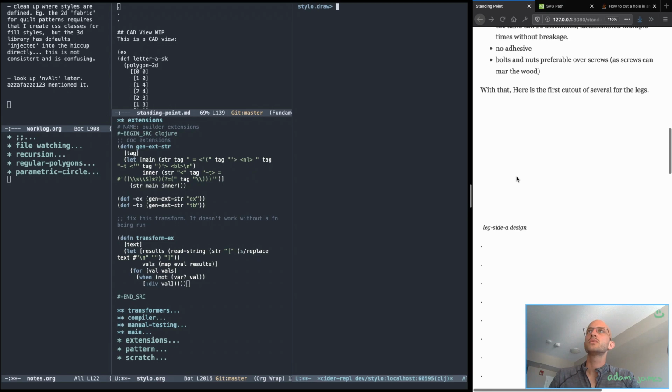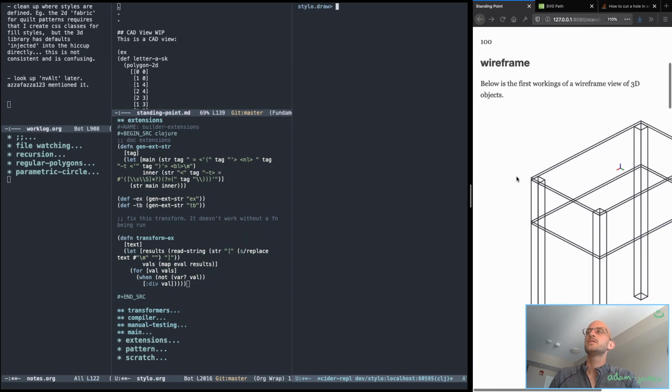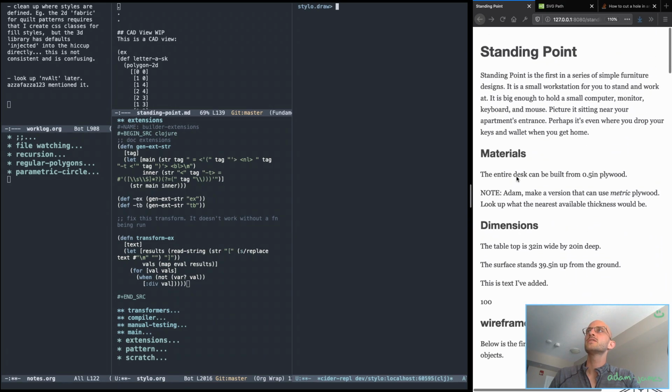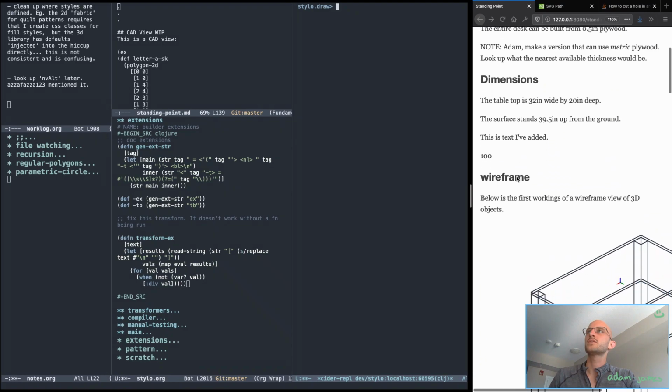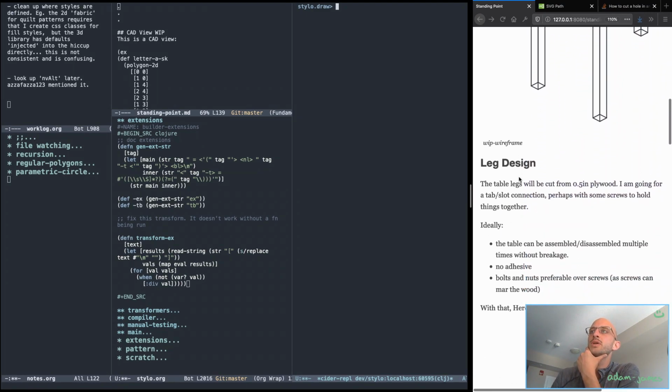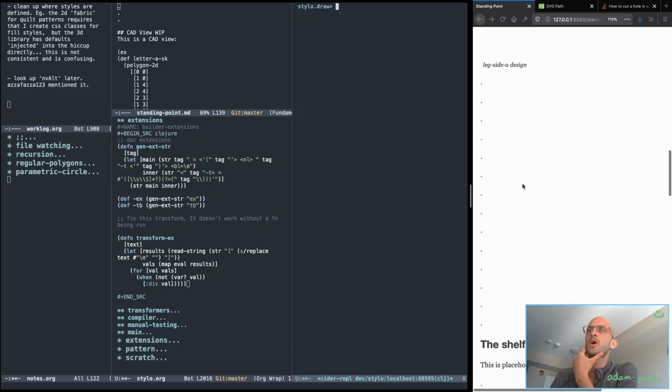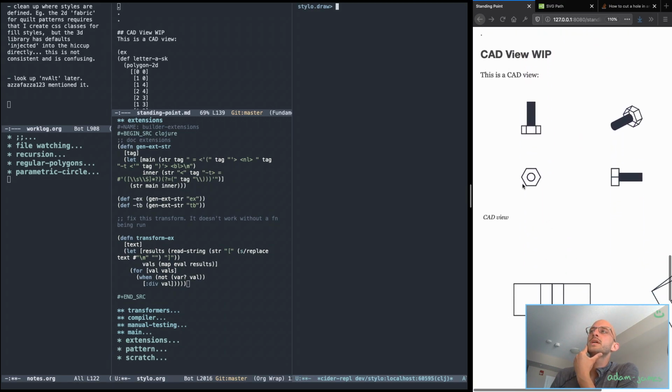Slightly on that note, the actual document I'm working on here, the idea I have is, I used to work in SolidWorks and do 3D modeling quite a bit. And I love 3D modeling, but a challenge all the time is